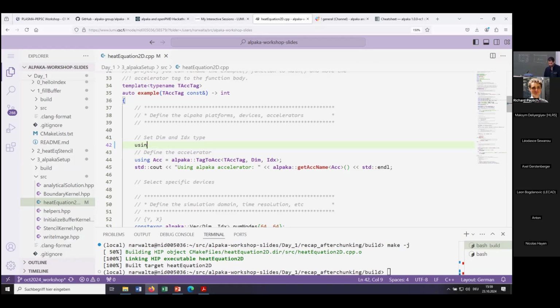So first off, I will define the dim. Again, this is literally the first line in the cheat sheet. Maybe not literally the first line, fifth line, but close to the top you will see using dim is dim int and the size of your dimensionality. So our 2D heat equation, spoiler, it's in the name, is two-dimensional. So I define the dim as